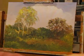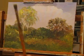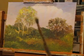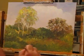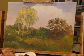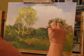but that one is a really knackered old brush. Don't know if you can see that. Very rough and ready. I use it a lot for foliage. And here we go. I'm going to put the darks in first on this tree. Almost black. And we'll go